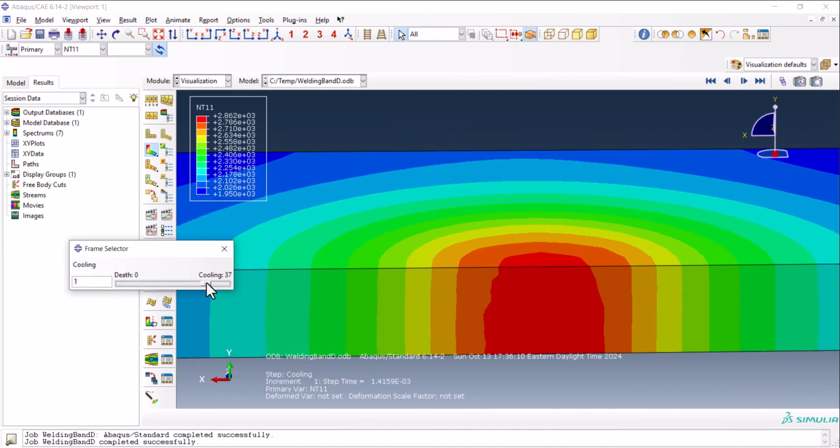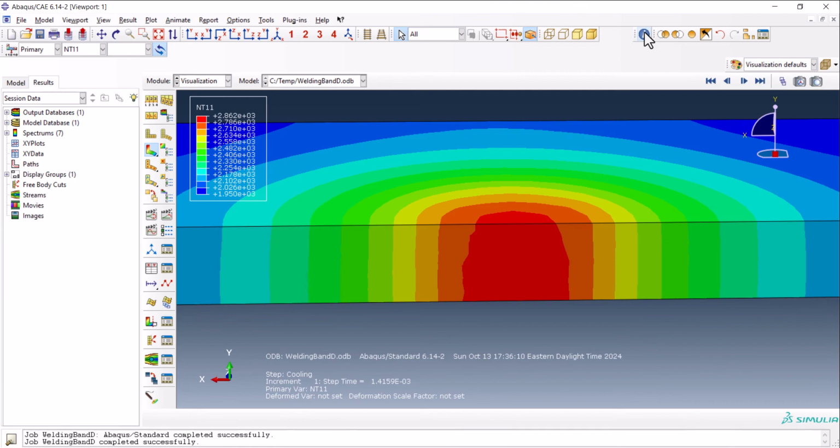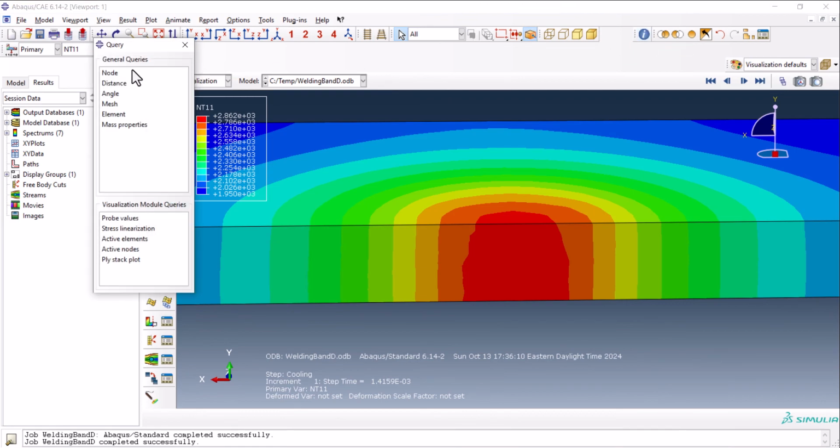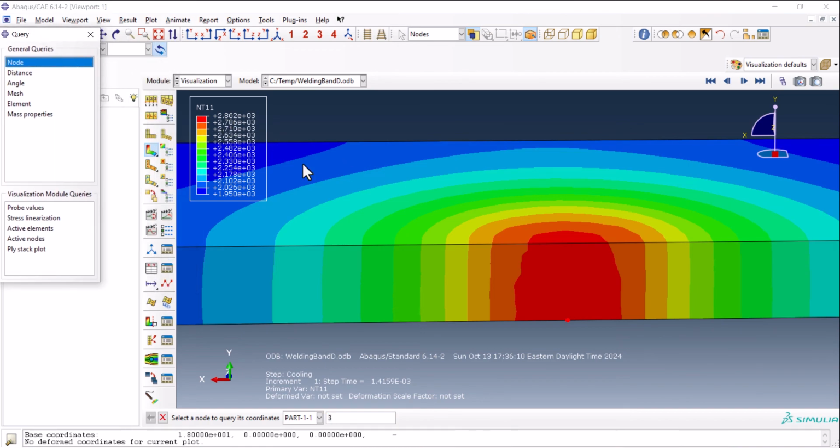So as you see here, this is the last step. From here, query information and the node. Here we want to see whether this node reached the highest temperature or not. As you see, this is the node,